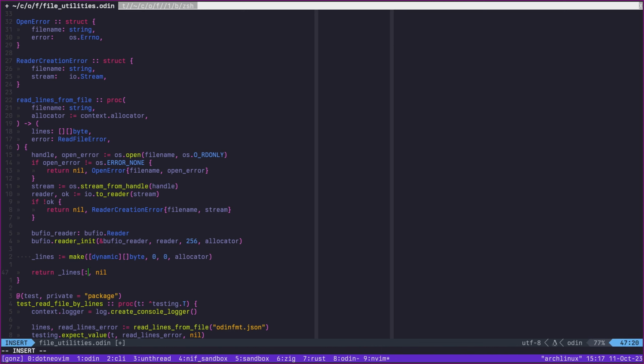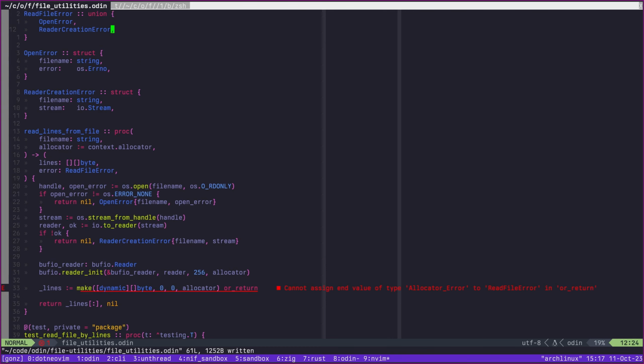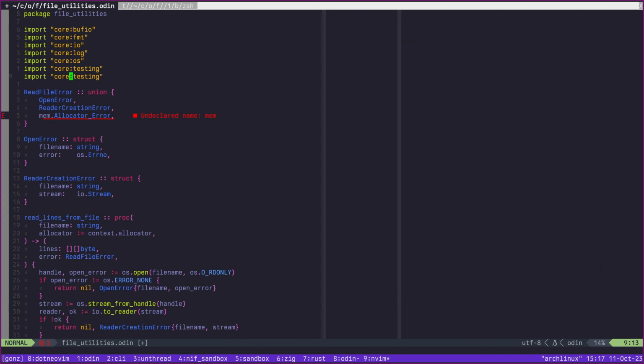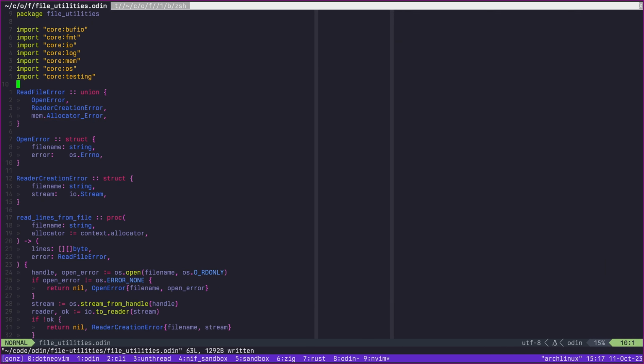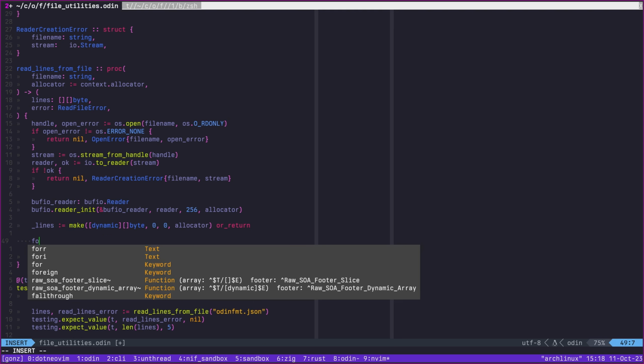We're gonna actually say this. We're gonna return those. And here we're gonna say or return, because we don't really want to necessarily handle that specifically. And mem is not imported. Right. So now we have these lines. This is a dynamic array, dynamic slice or whatever. What that means is we can add to it, right? So what we want to do here